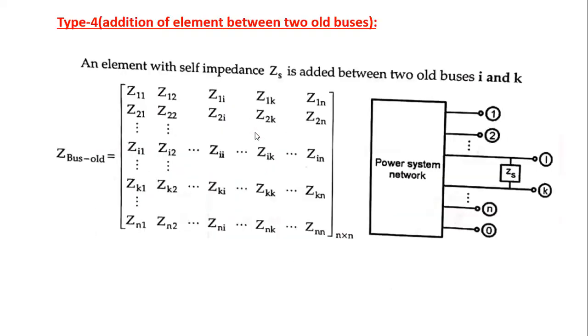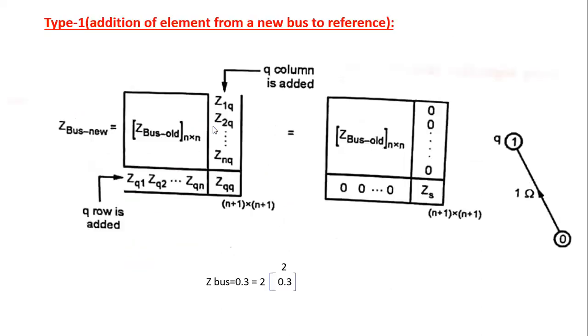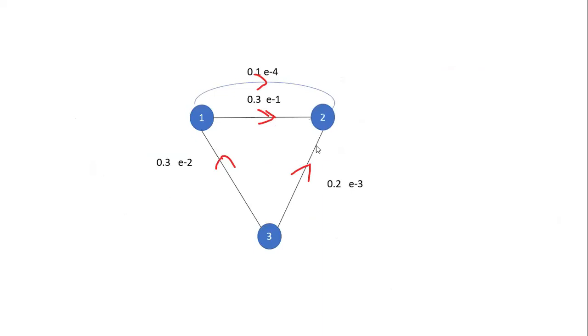Before adding the elements, first we draw the graph for the network. This is the graph. After finishing all the steps of adding the elements, we obtain the subgraph for the network. The difference between the graph and the subgraph is that in the graph all the elements are shown as branches, while in the subgraph some of the elements are branches and some are links. How will we identify that? The type 3 and the type 4 modifications are the